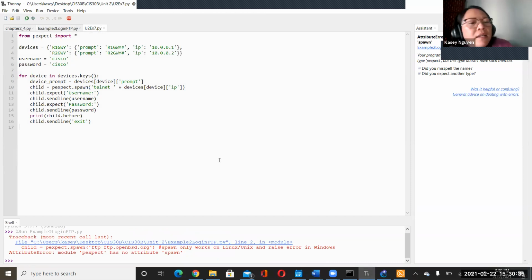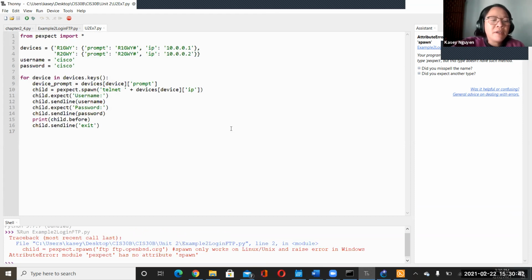Okay. So let me see if I can zoom in a little bit. Okay. We have the import statement. You can just have import pexpect, that's fine.